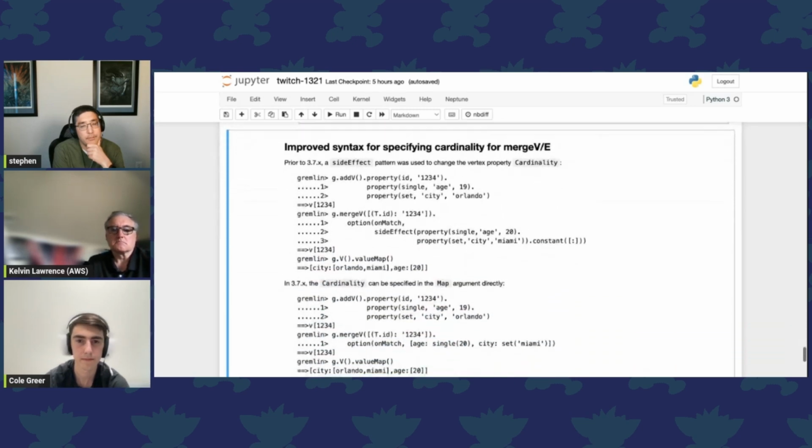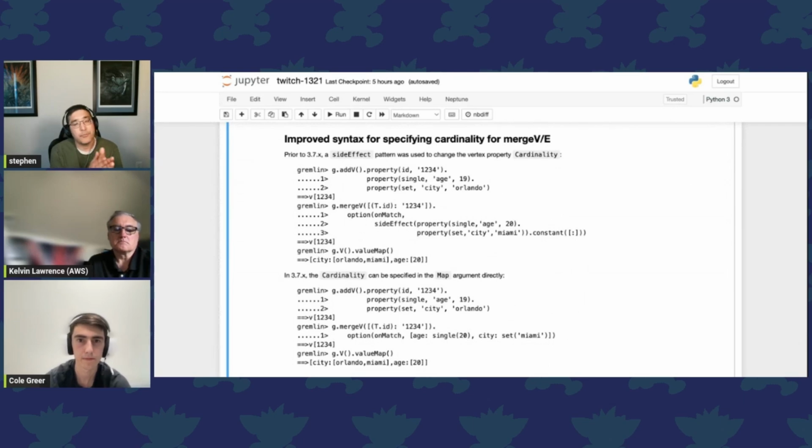This one here is particularly useful for Neptune. I did these basically just as text, just to demonstrate, because they modify the database. But one of the things we noticed when we got merge V and E working with Neptune was that Neptune uses a default cardinality that's a little different than what TinkerPop does. TinkerPop generally assumes, and most providers tend to assume, a cardinality single for their properties, whereas Neptune is